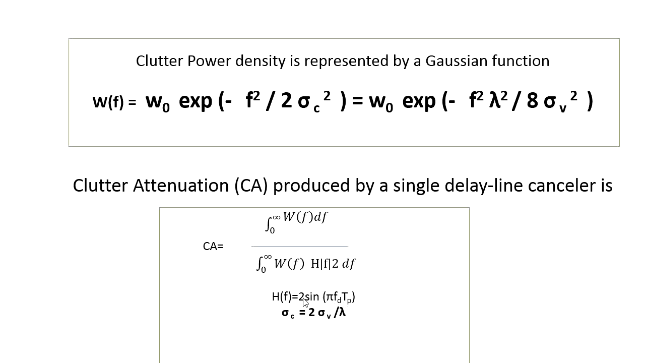So this is the response for the single delay line canceller, and sigma c is equal to 2 sigma v by lambda. This is the relationship between the Doppler frequency and the radial velocity, in terms of standard deviation in hertz and standard deviation in meter per second. And in the equation, if I substitute W of f equal to W naught exponential of minus f square by 2 sigma c square, if I substitute